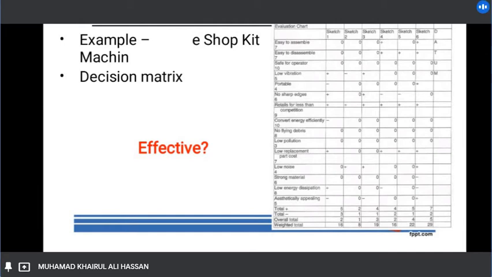Sketch 6, okay. So from here we can see that first of all we want to sum up all the positives, and then sum up all the negatives, and then we need to total it. For example, sketch 1, the positive we got 5, negative we got 3. So we need to deduct, because positive is more than negative, we got 2 overall total. We need to consider the overall. For example,